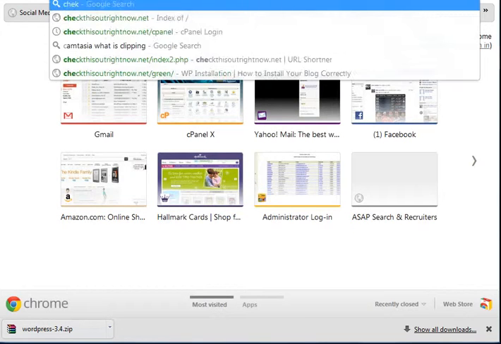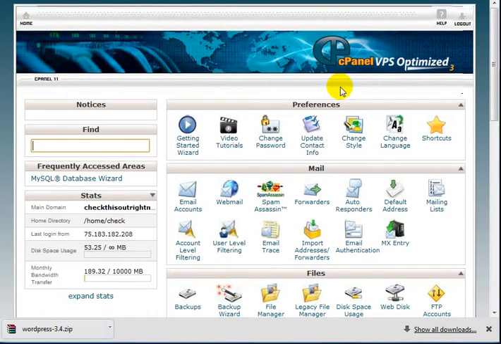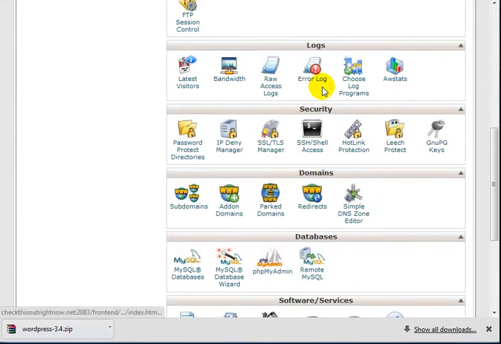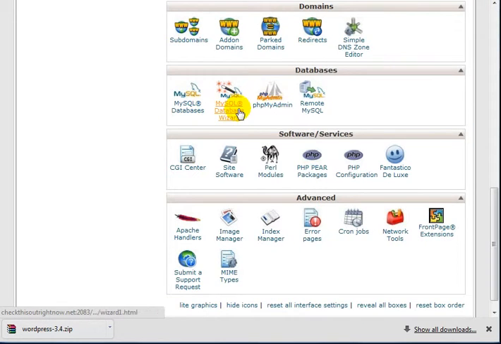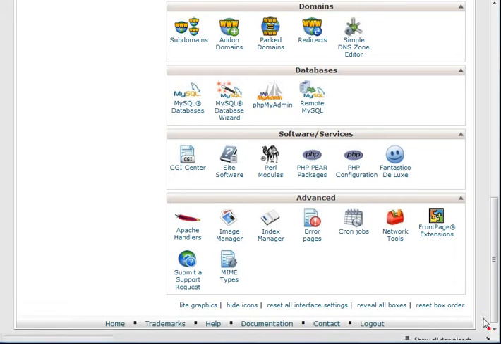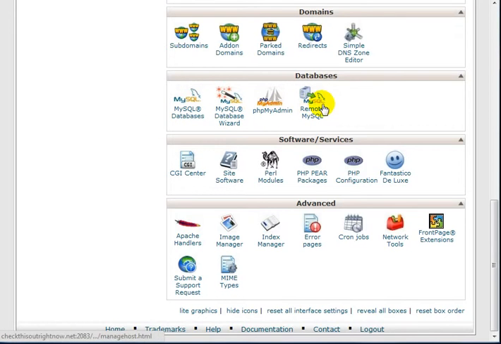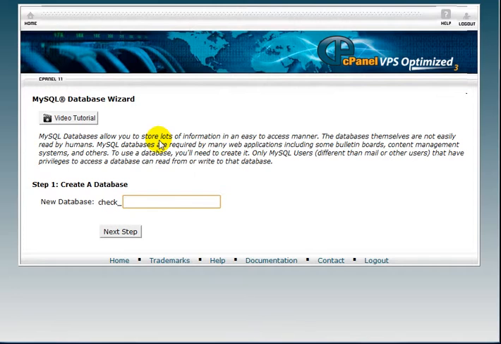In this case, I am using cPanel. So what I need to do with cPanel is to scroll down and find where it says MySQL Database Wizard. Like I said earlier, if you're using Plesk or any other type of web hosting panel, you should see something that says create MySQL databases. If you don't, you can always contact your web hosting company. If I click on this here and enter, let's say, funny t-shirts 2, click on next step,